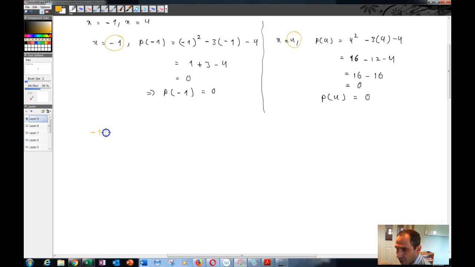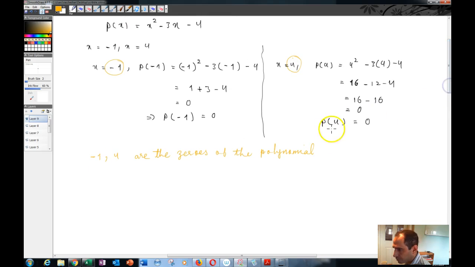So -1 and 4 are the zeros of the polynomial p of x is equal to x squared minus 3x minus 4,